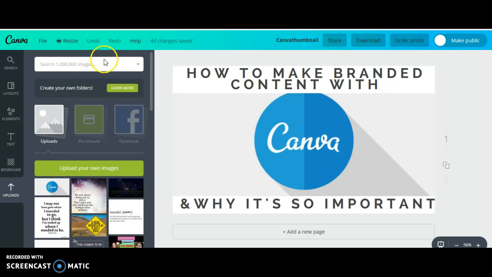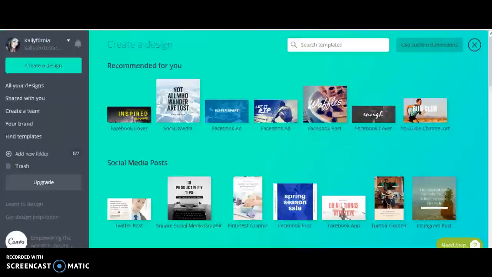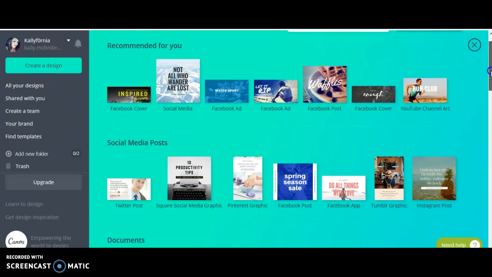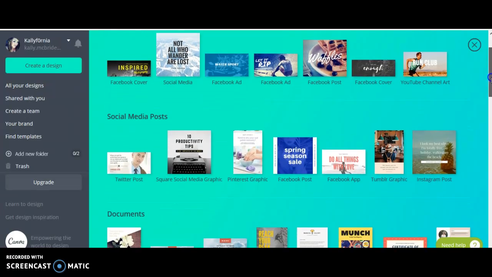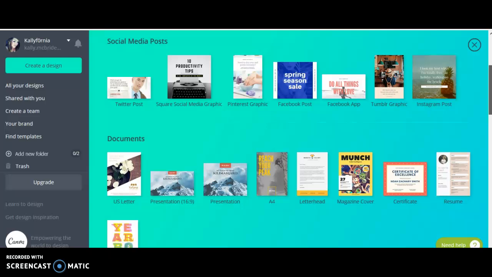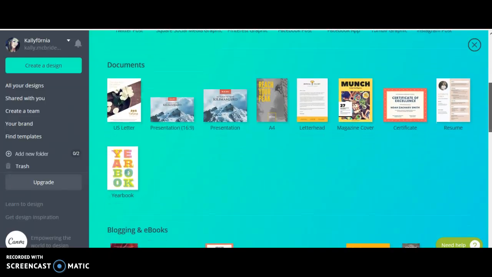So, I want to show you, first off, what all Canva is capable of, and then we're going to look at some examples, and I'm just going to talk about different things that you can do in order to brand yourself. So, over here on Canva, you have pre-made sizes, which I think is really handy, like Facebook cover, Facebook ad image, YouTube channel art, YouTube thumbnails. You can make your business cards on here, your pull tab flyers, posters,